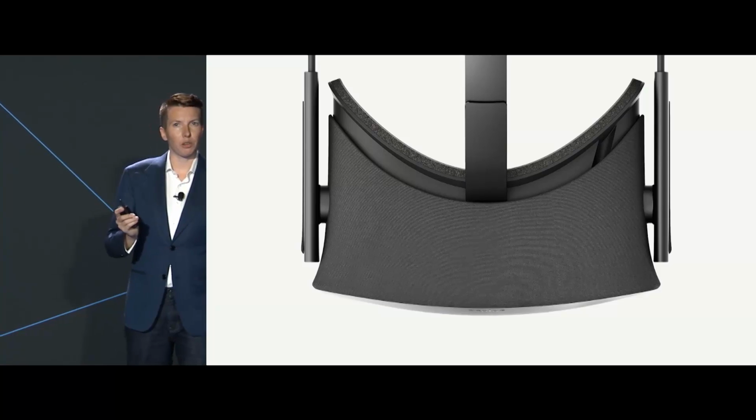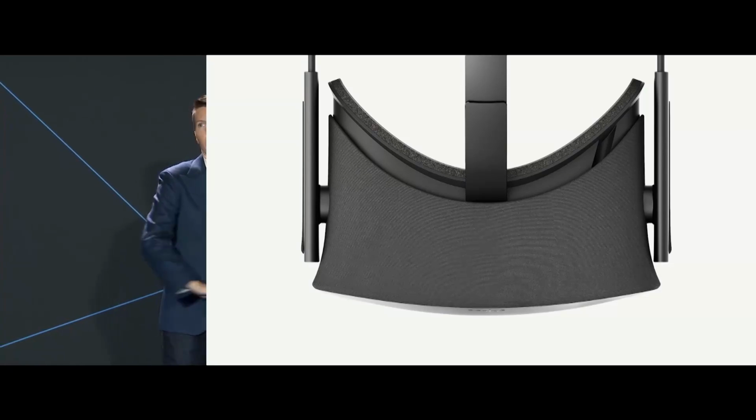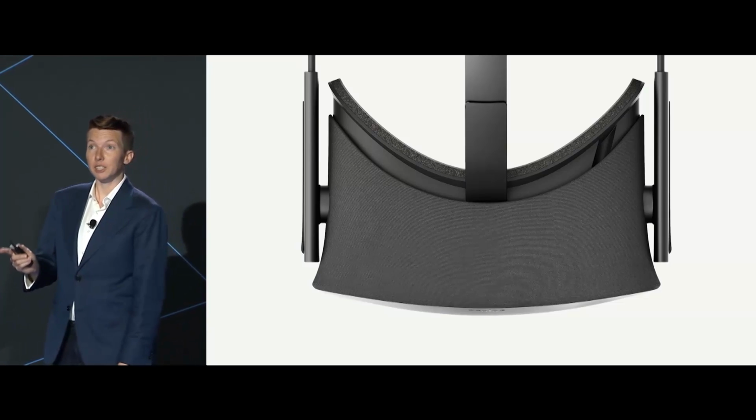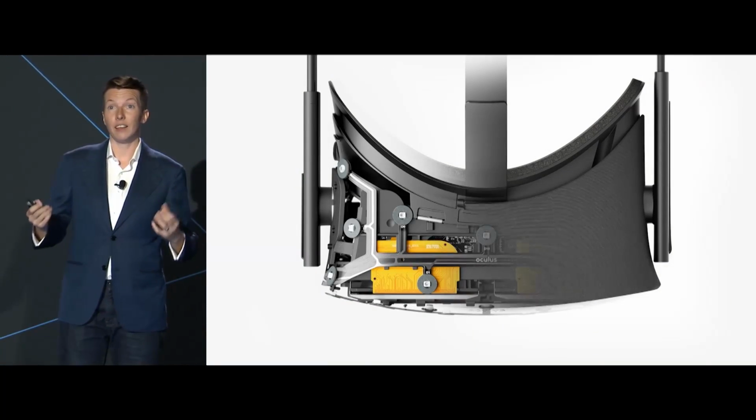Many of you might have heard the term constellation tracking. Can I get a show of hands? Who's heard of constellation tracking? Great, okay, informed audience. For the folks that don't know, constellation tracking just works where you have LEDs emitting infrared